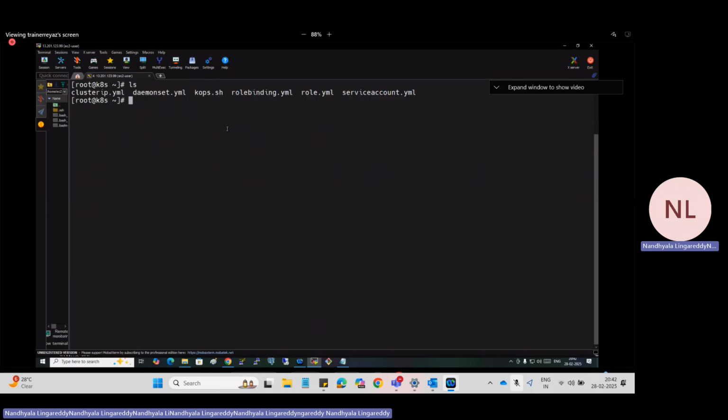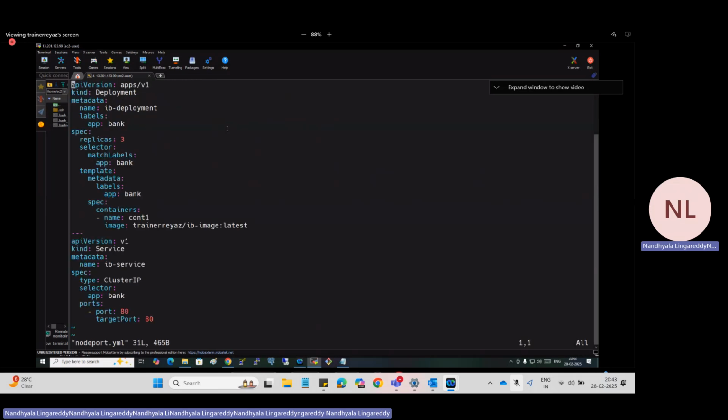So what is that file I have? Cluster IP YAML, right? Now I'll rename that to node port. What is the next one? Just rename Cluster IP to what? Is it mandatory? No, it's not mandatory, just to show you. Now we have the node port. vi, which one? Node port YAML.